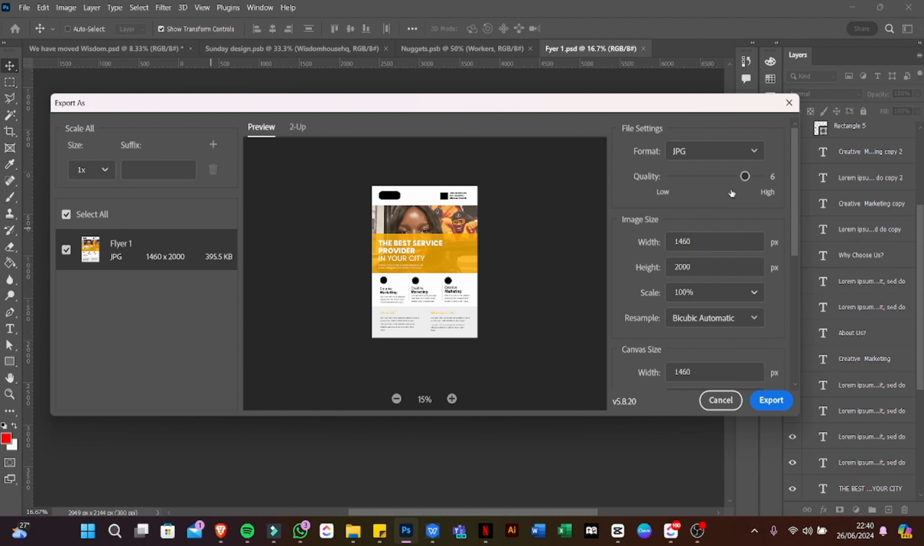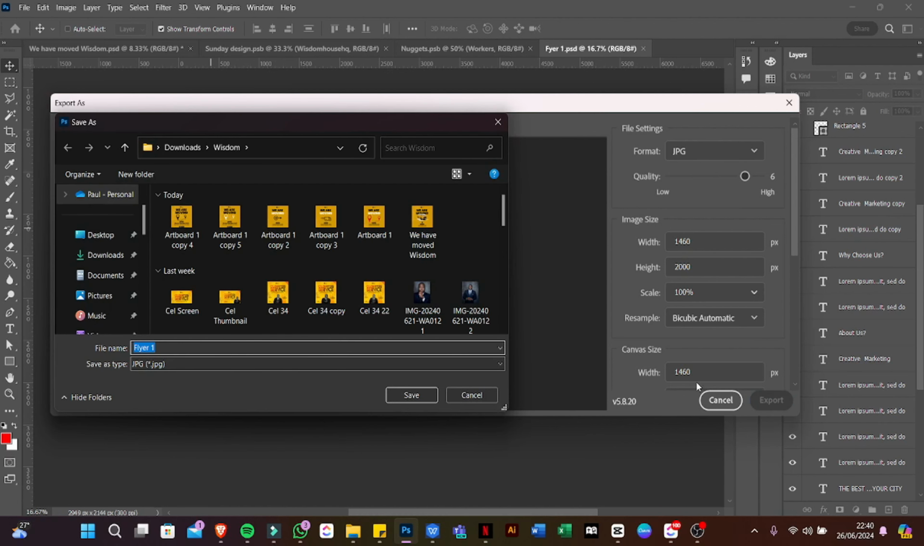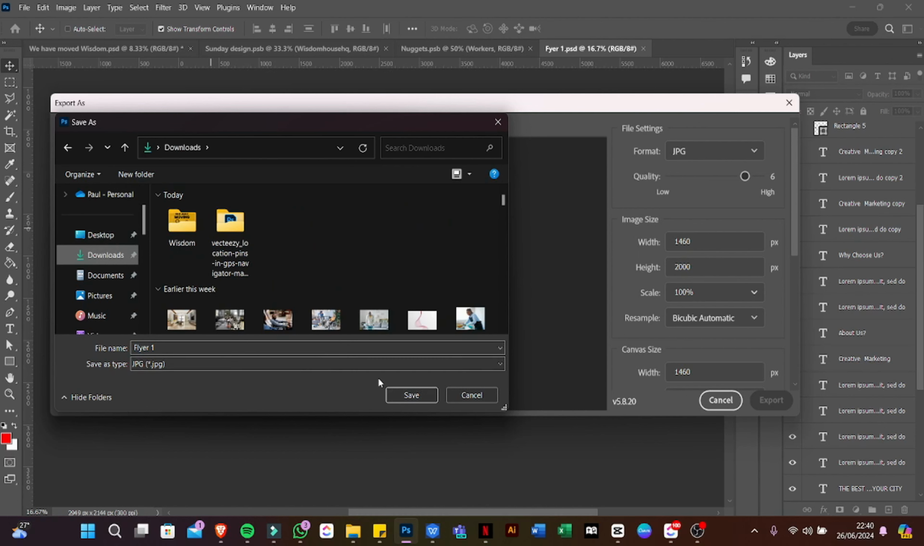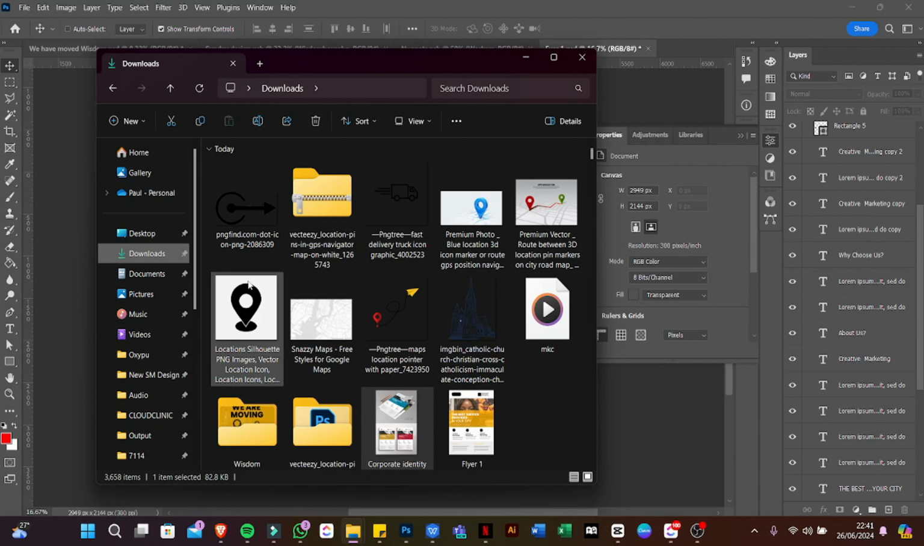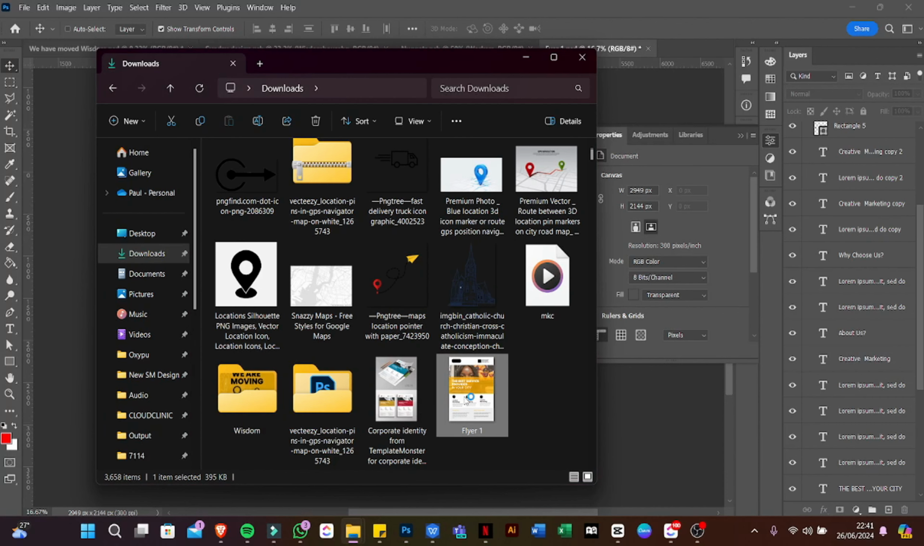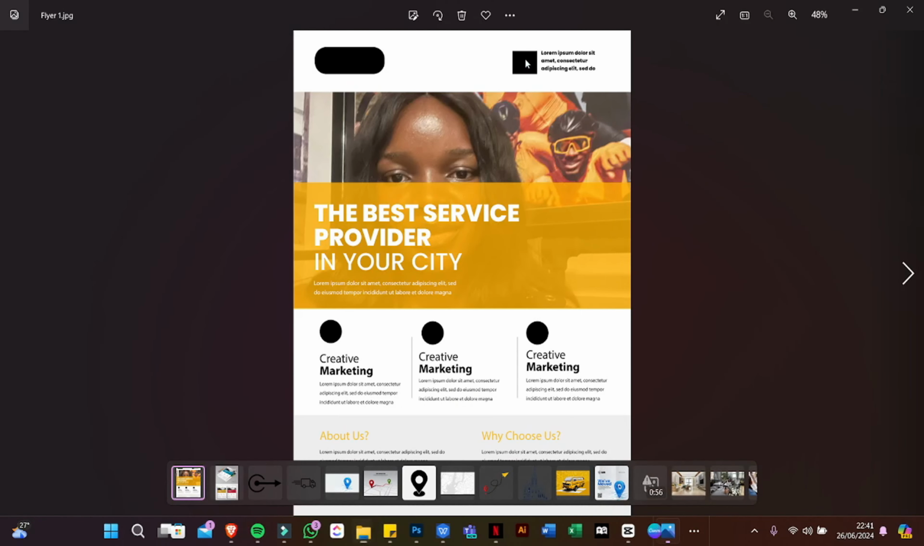So I like to choose JPG because the size of the file is low, but the quality remains the same. So I'm going to click on this, and I'm going to save. I've chosen where I want to save it. I want to save it on my downloads. So I'm going to click on this, and it is saved. And if I want to view it, I come to my downloads folder, and I can see my flyer. So if I click on it, I can see what